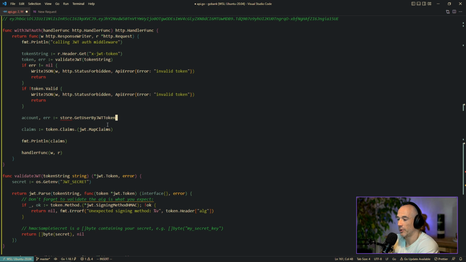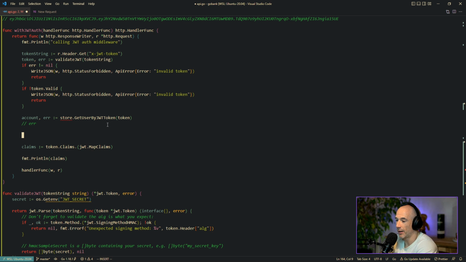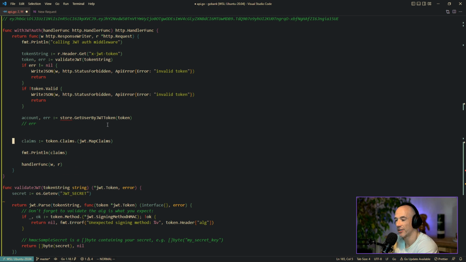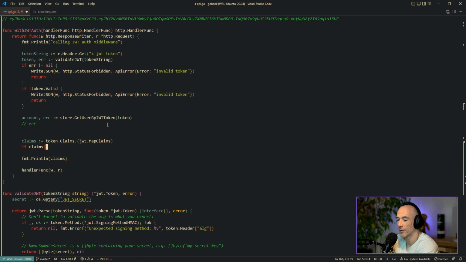We're going to put in the token in here. We're going to check the error, error shenanigans. And then we have the account, and then we're going to check the claims here. And then we're going to say if claims, that's the ID of the user. I think that's the best thing. Equals the account ID, which should be, because otherwise we cannot fetch this guy, but hey,